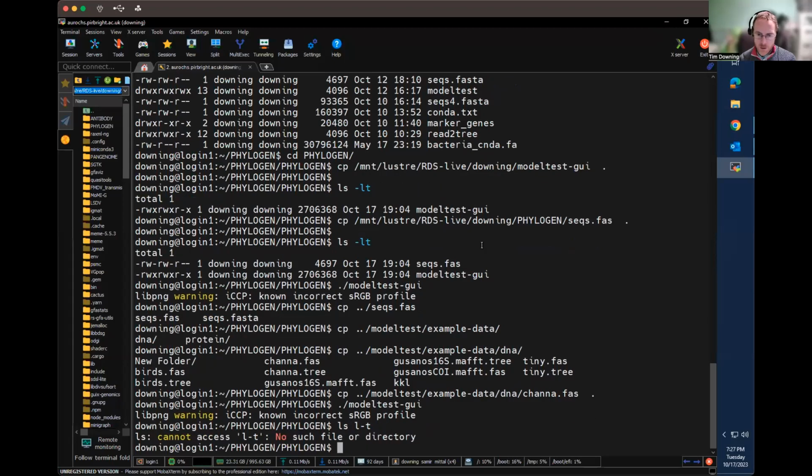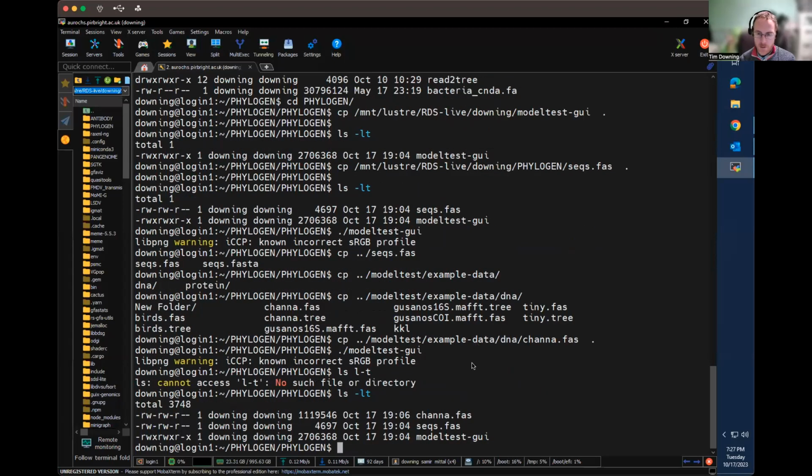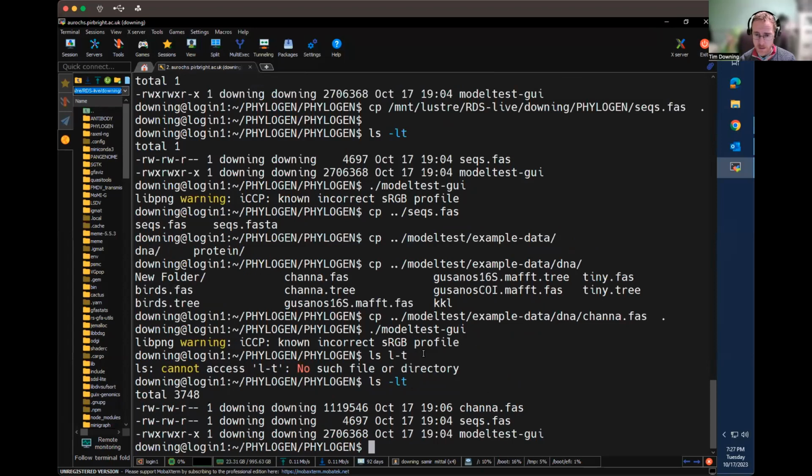So we can go back to our directory we had before, where we have our sequences.faz file, and we also have china.faz file we can test as well. So I'm just going to zoom in so you can see that more easily. We can take those commands we had earlier and use them. So we know that raxml-ng is installed here. So if we type in raxml,